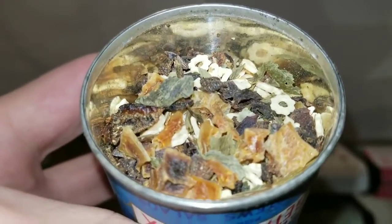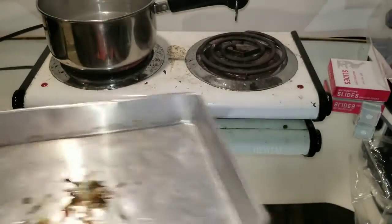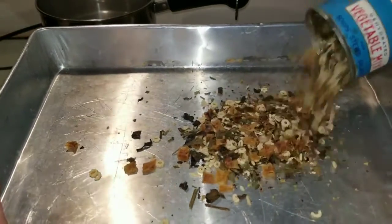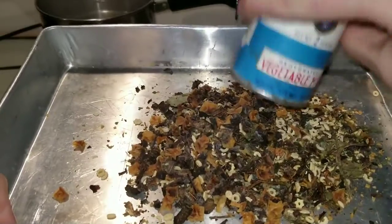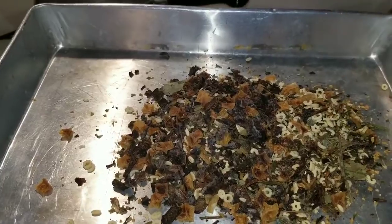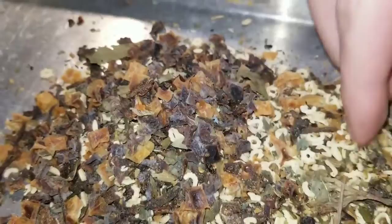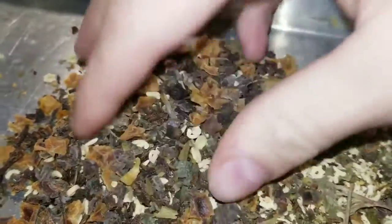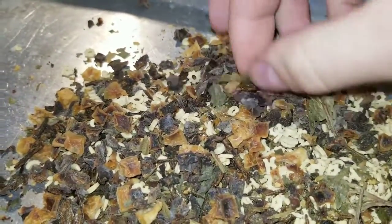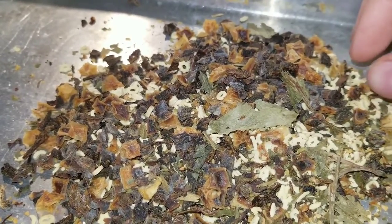Let's dump this out so we can see if there's any compromised areas. All looks good. Look at that. All the vegetable was jammed at the top of the can. Definitely looks like alphabets. So this is soup all by itself. Smells good. I can hear the water starting to violently boil,